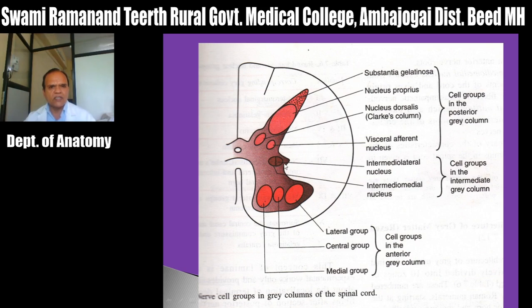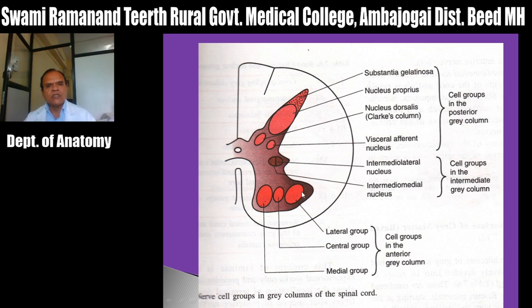So there is the posterior horn, the lateral horn, and this is the anterior horn. When you see the anterior horn, it has three groups. This is the lateral group, this is the central group, and this is the medial group, the cell groups in the anterior gray column. The medial group supplies the axial muscles of the trunk particularly, and the lateral group is mainly present in the cervical and lumbar region,